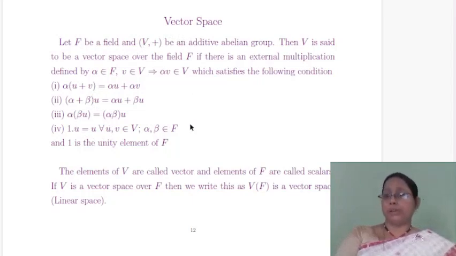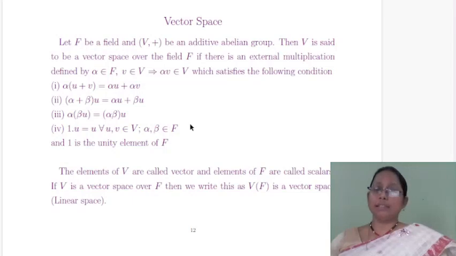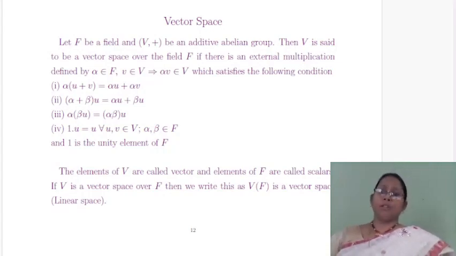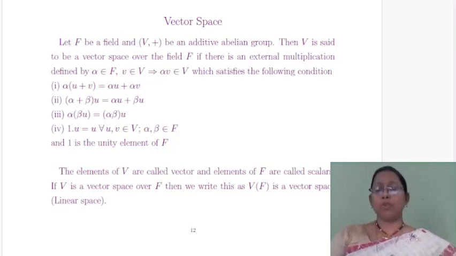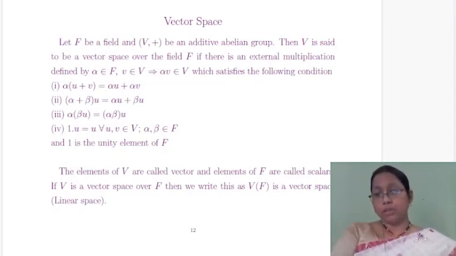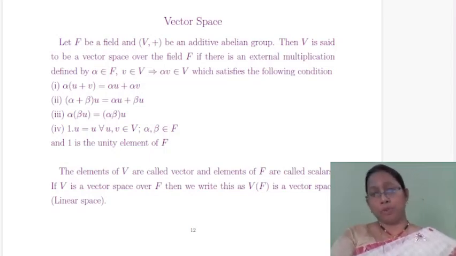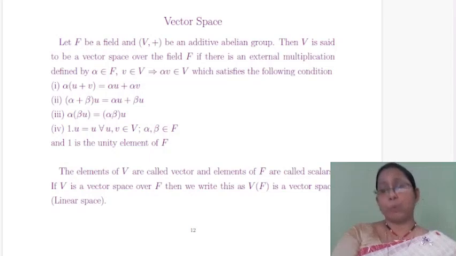So in case of engineering, we give the definition of vector space slightly different from the definition we give to honors students of mathematics. Honors students are familiar with technical terms like group, ring theory, abelian group, properties of group, but these engineering students, BTech students, are not familiar with these technical terms. So we used to give them the 12 conditions in addition to these 4 conditions.